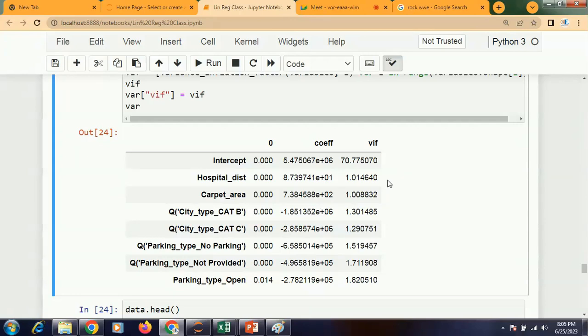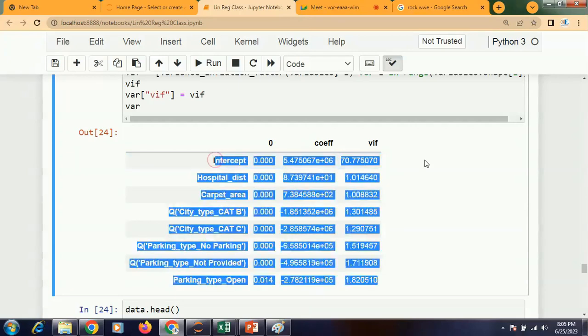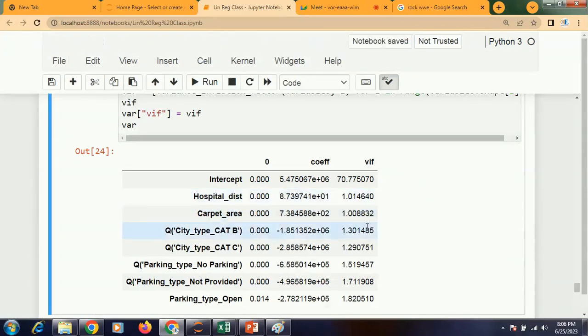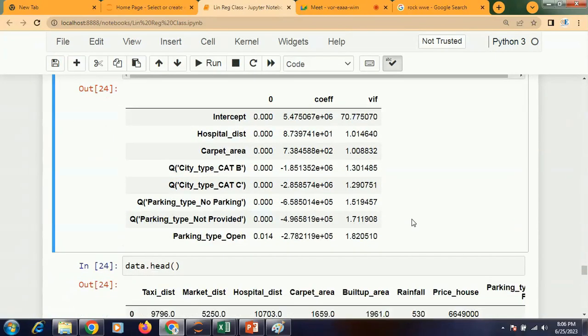Except the intercept, this one you will ignore. Can you see any variable which is more than 2? No, right? So definitely they are not more than 2. All right.